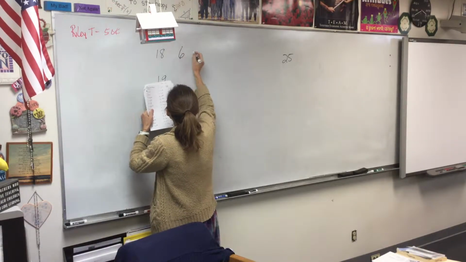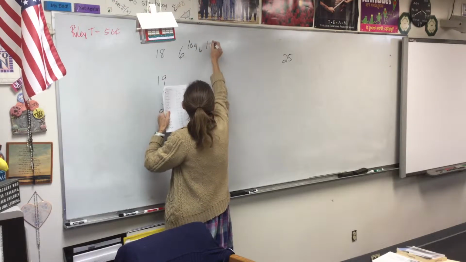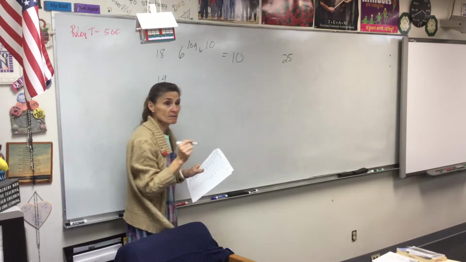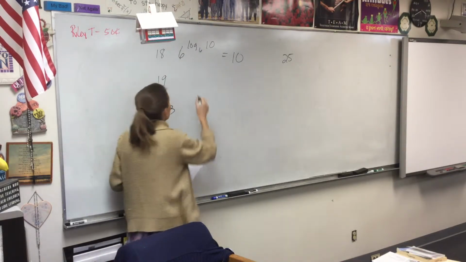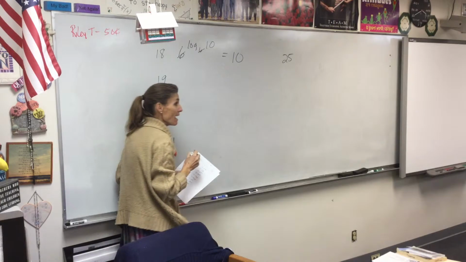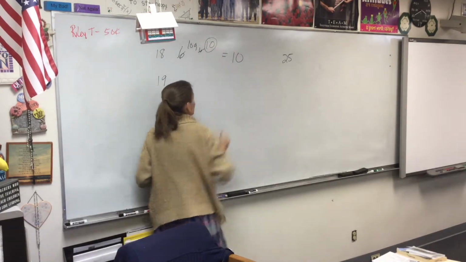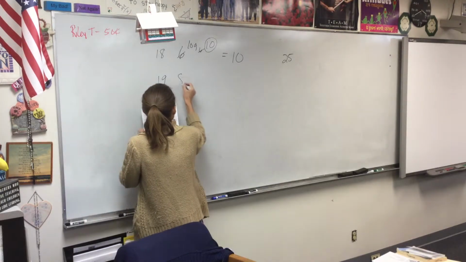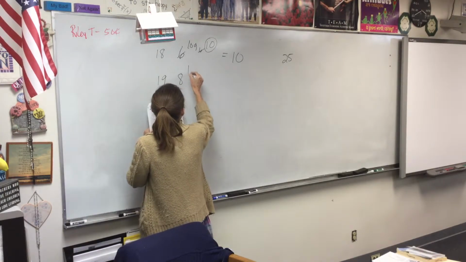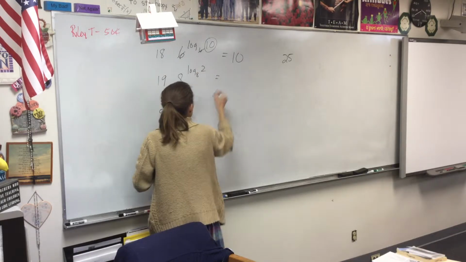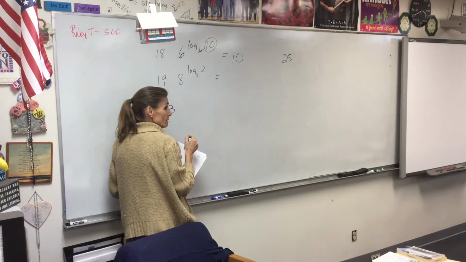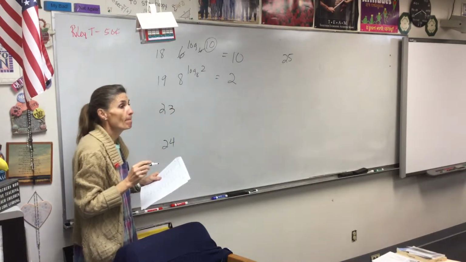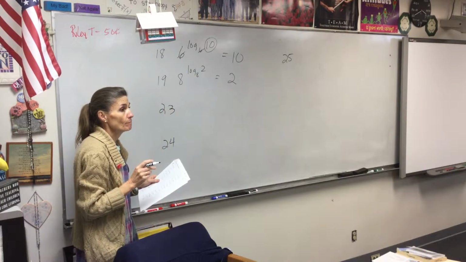For number 18, 6 to the log base 6 of 10, the answer is 10. That's a property. You don't have to show any work. When these two numbers match, the answer is that other number. So when I look at number 19, 8 to the log base 8 of 2, the answer will be 2. So when the base and the subscript match,